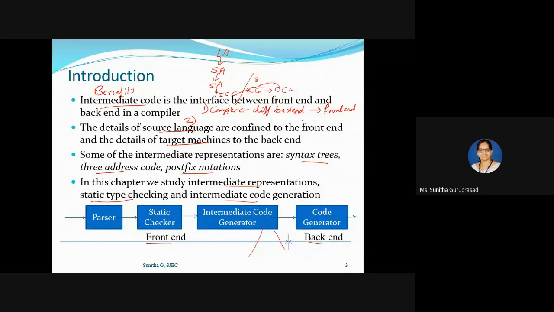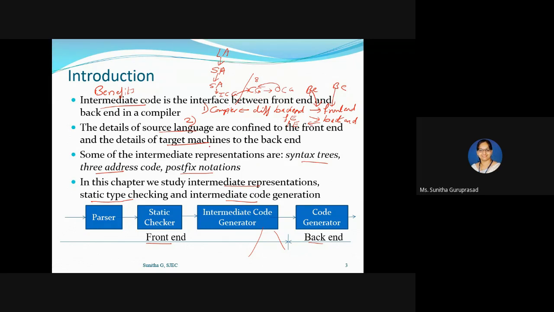Suppose you have one single backend, you can create any number of front ends for the existing backend. That is the second advantage.